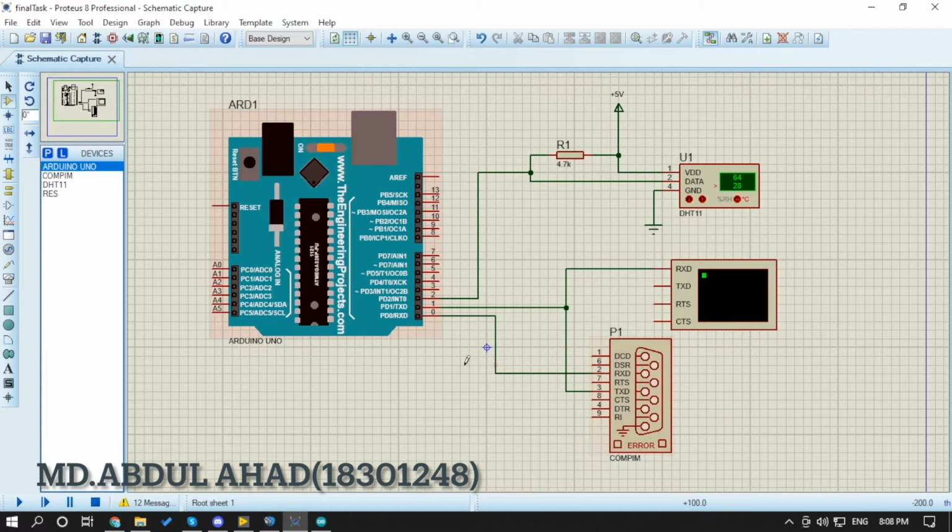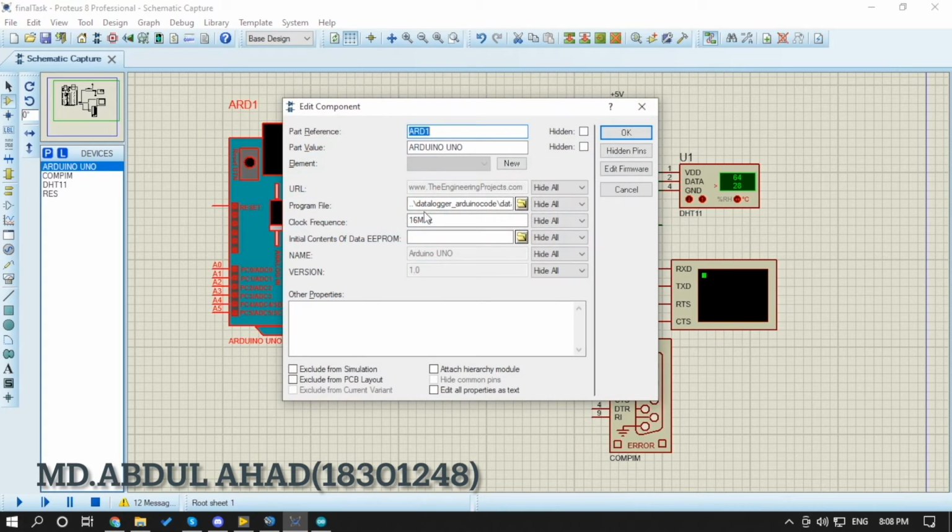After that we have connected all the devices with Arduino, and we have connected the data pin of the DHT11 sensor with the Arduino pin number 2, and we have configured our Arduino with the program file that we have created with the Arduino code.